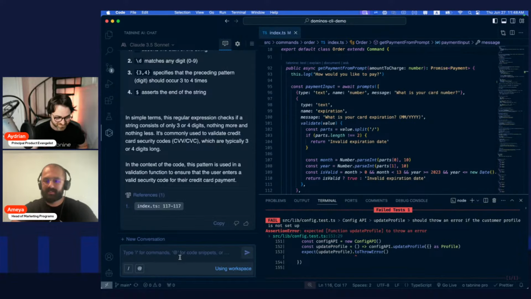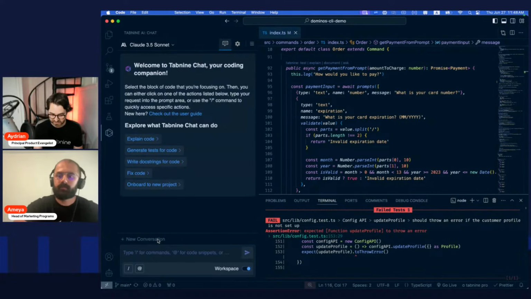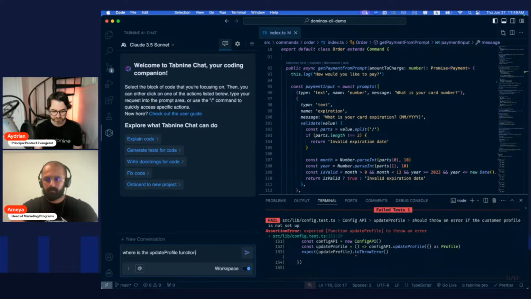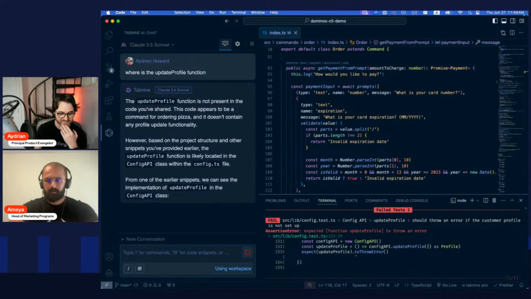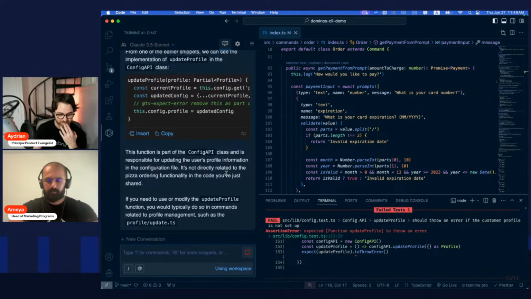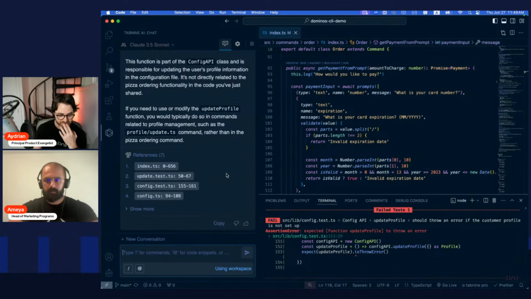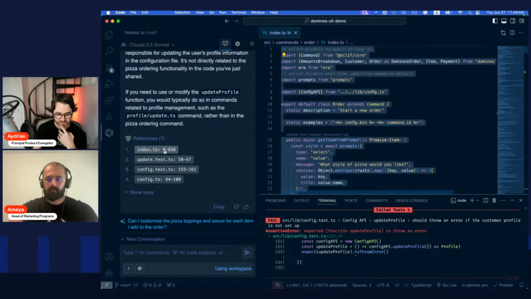All right, so I'm going to start a new conversation, and I'm going to say, where is the update profile function? I don't even need the file explorer anymore. So here is update profile, and we want, I believe, this one.